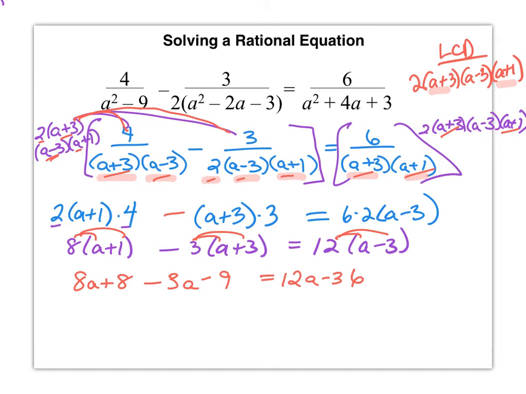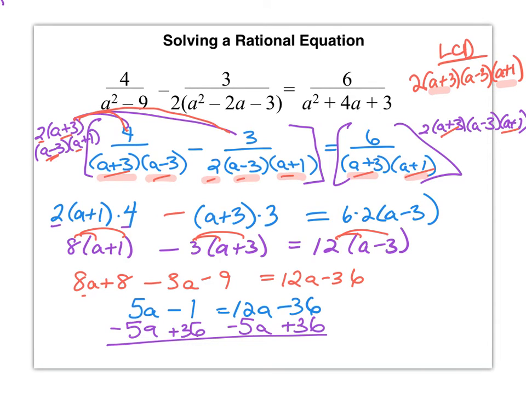Now let's combine like terms and simplify this equation. On the left side we have 8a minus 3a, and that's 5a, and 8 minus 9 is a negative 1, equals 12a minus 36. We can then subtract 5a from both sides of the equation, and we can also add 36 to both sides of the equation